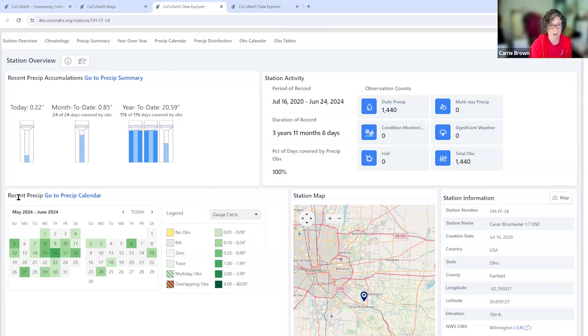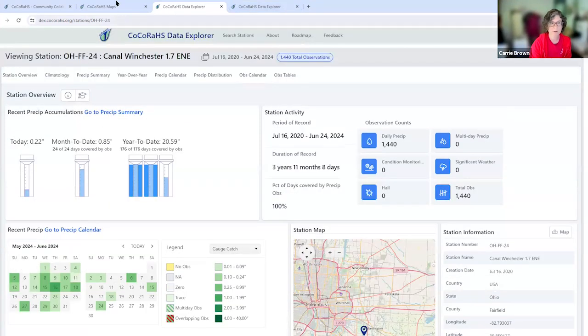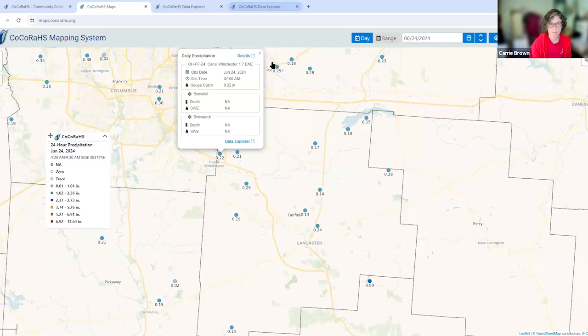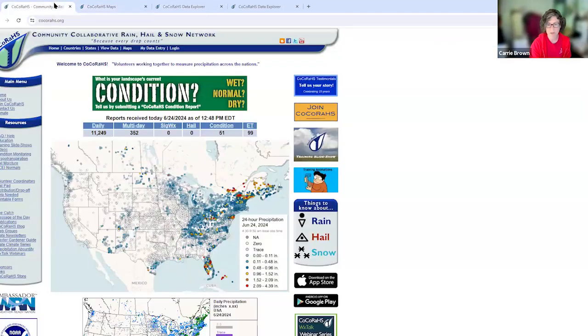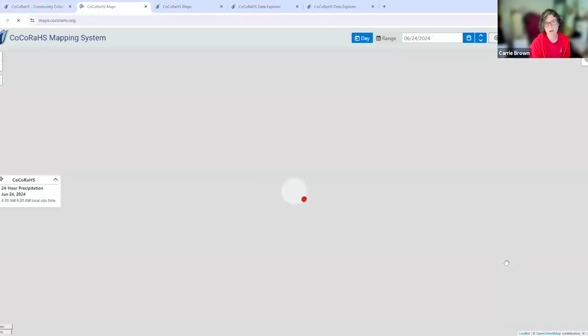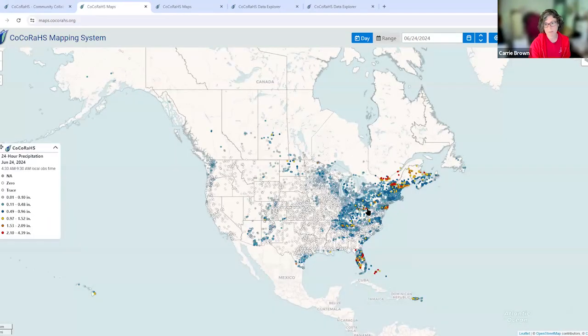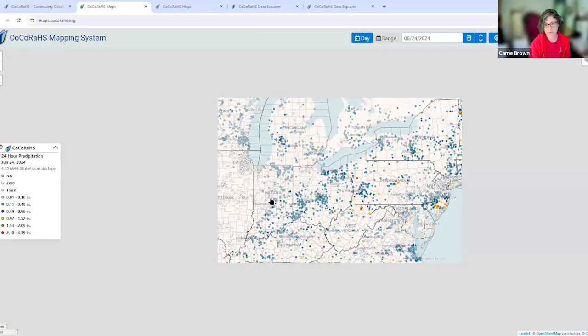So if you like maps, if you like graphs, if you like data, you can spend hours on this website. There's lots of different things to play around with. But I just wanted to make sure that you knew how to use the website just to check on that rain amount. So just a super quick summary, we go to CoCoRaHS.org, we click on the interactive map,